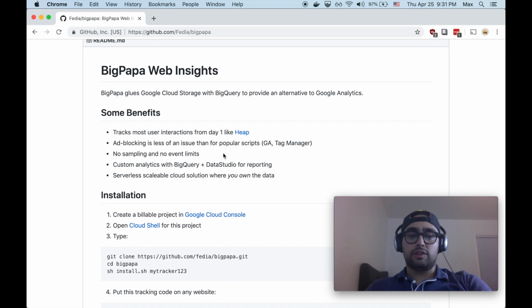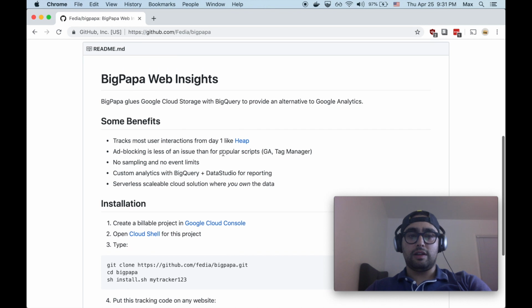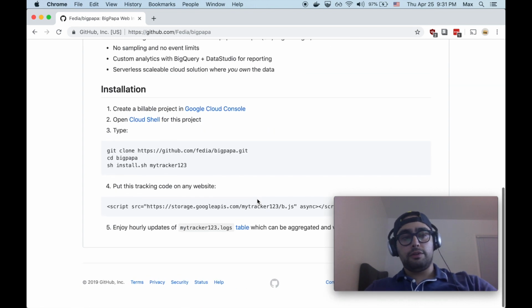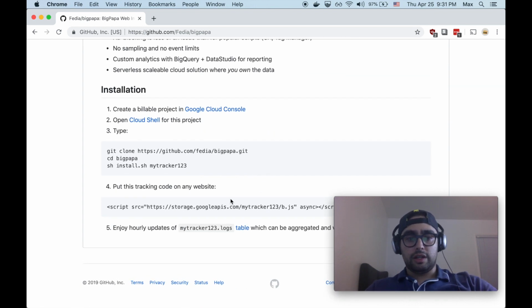The other thing that interests me about this example GitHub repo, kind of proof of concept, is that it scales pretty much infinitely to an infinite size data set. And for another, it's very low overhead of maintenance. So we'll follow through the tutorial here. I think it would be interesting to see just how easy it is to see data streaming from maybe a sample website we create to Google Cloud Services, and then using BigQuery and Google Data Studio to visualize and query the data. So first things first,